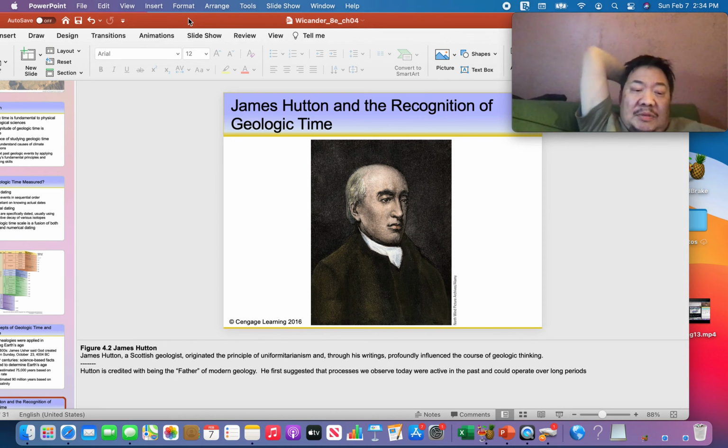And the way James Hutton put it was, James Hutton's principle of uniformitarianism is a two-part theory. The first part was, the present is the key to the past. In order to study the past, we must study the present. In other words, if we want to know what the Earth was like 80 million years ago, and let's say